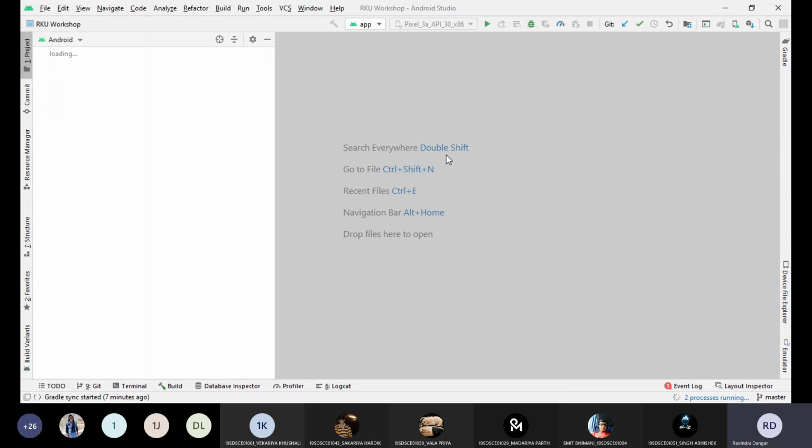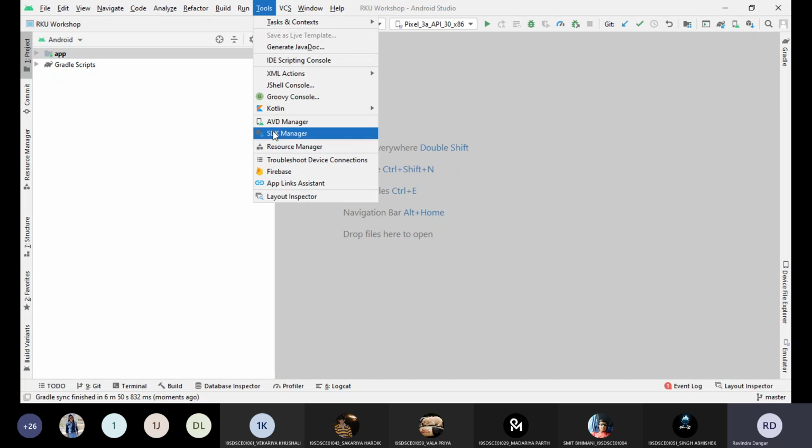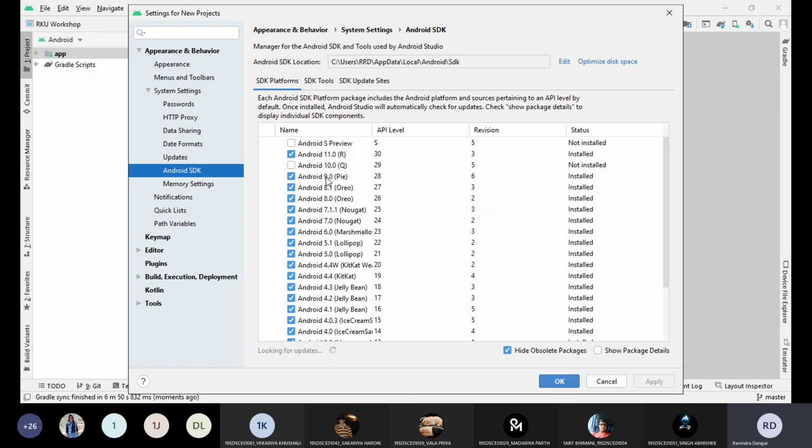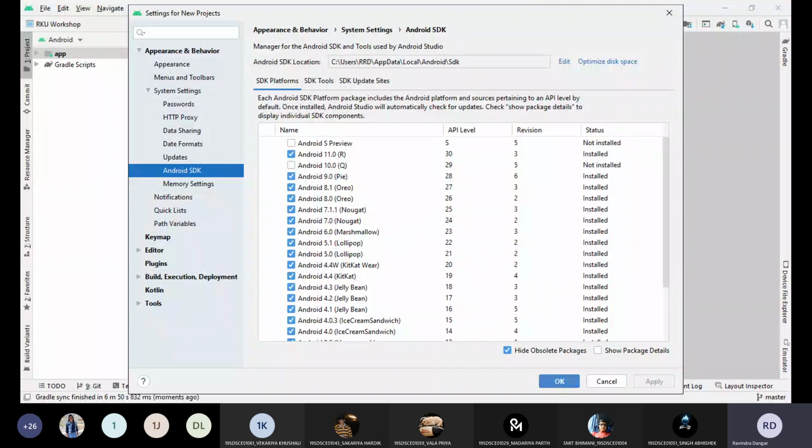Yes, sir. If you have installed your Android Studio, then initially, until and unless you click on start new project or start new application, you will not be able to find this kind of view. Whatever view as of now you are getting, you will not be able to find that. So that is why I'm saying that from that option, if you have not started your application, you need to click on the configure option. Once you click on the configure option, then you will find this SDK manager. And this page you will find there, and you will have to install all the necessary things.